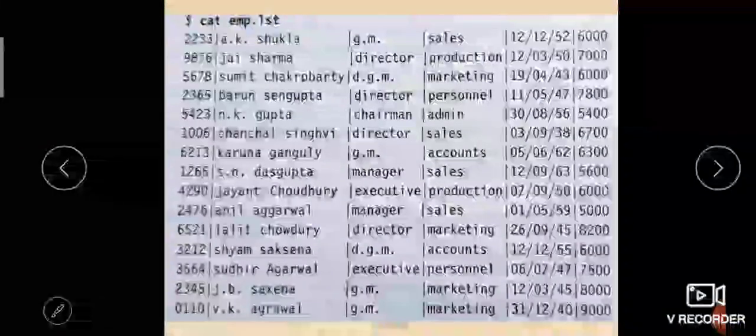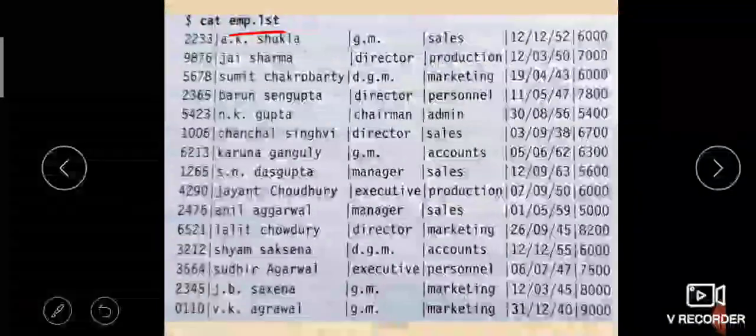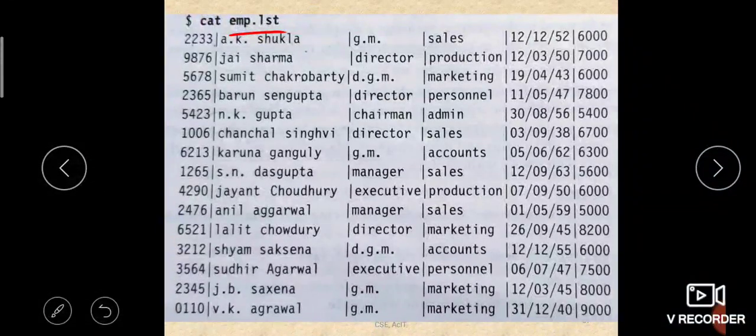So here in the textbook by Sumita Arora, this emp.lst is a file given. The data stored in this emp.lst will be used for checking the values. So just look at this file. This file, which has multiple fields, will be used from now on for the discussion of many of the commands. Their outputs will be based on this file. We will be using this emp.lst file for many of our operations in the future.